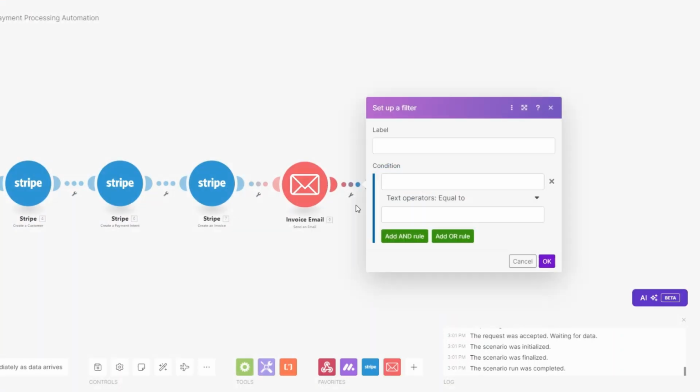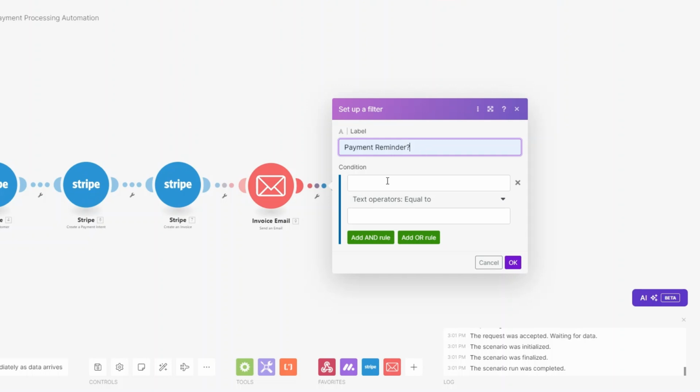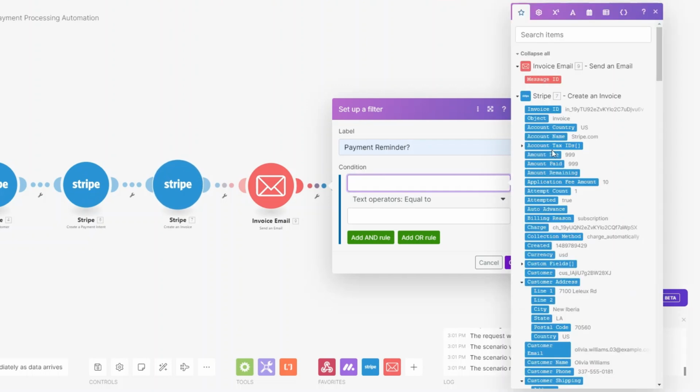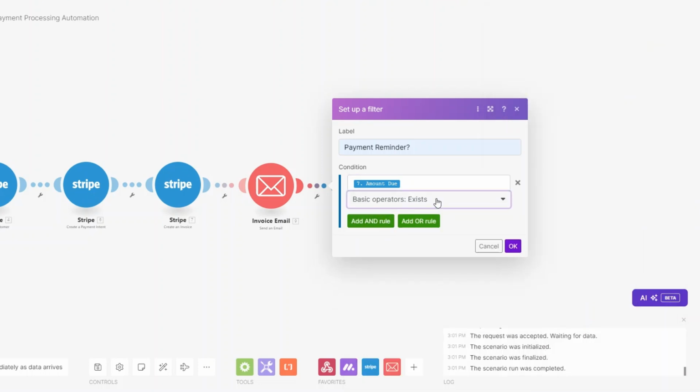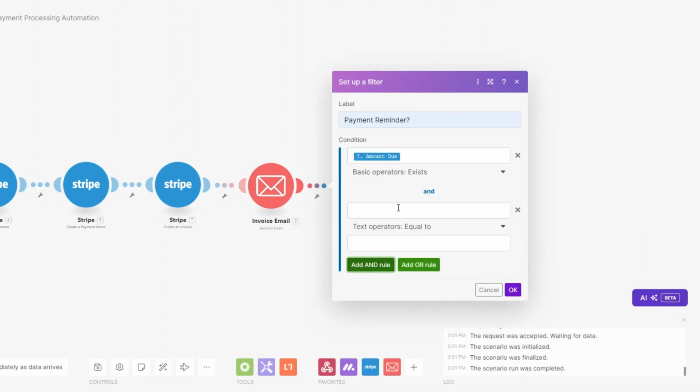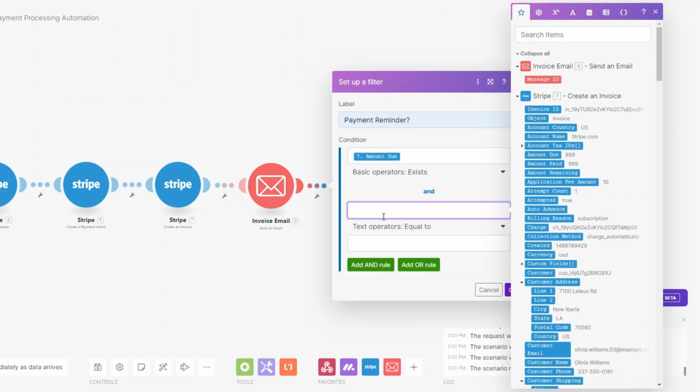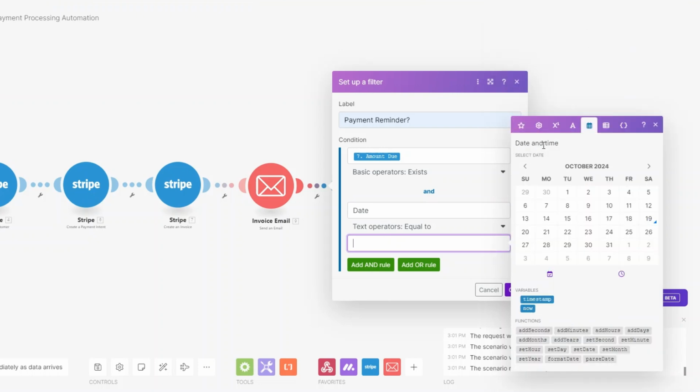Here, we can set up a filter to avoid these emails from being sent at the same time. We'll label our filter payment reminder. And then the first condition, we're going to say that the amount due has to exist. Instead of equal to, I'll click on exists. And we can set up another filter that says we're going to send this email 1 day after the due date. So here we can say date should equal to, and then on the date and time,